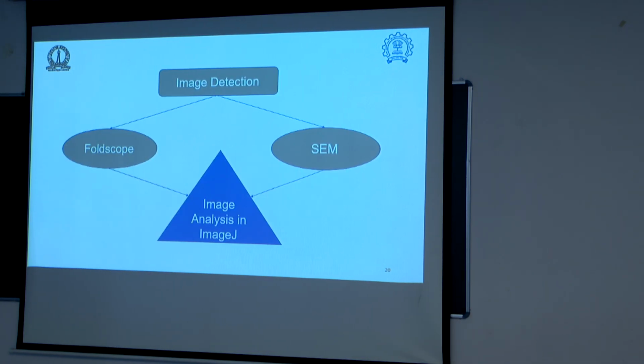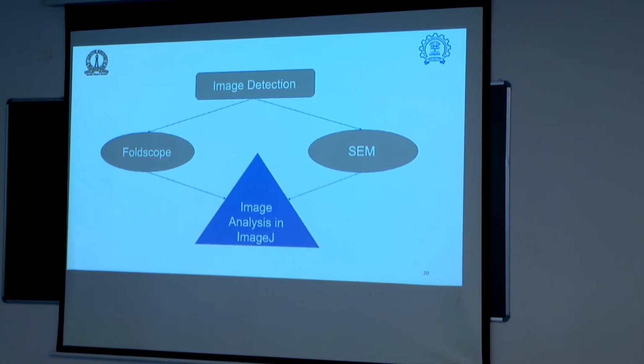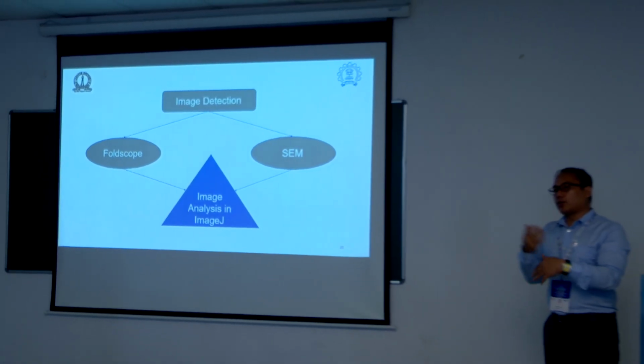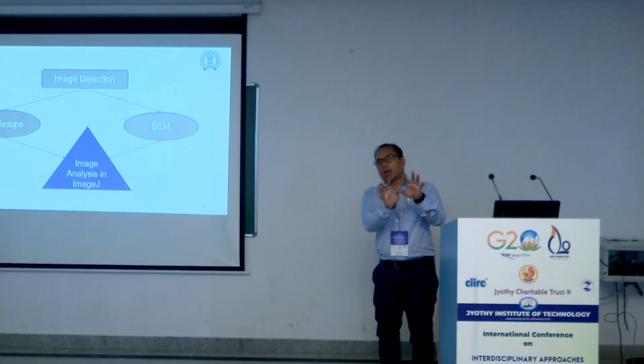Now, after capturing the images using Foldscope and SEM, as I was mentioning, all the images were transferred to image analysis software. You can do the image analysis using Sigma Pro or MATLAB also, if you don't have this image analysis software. ImageJ is an open source Java-based processing and analysis program developed by Wayne Rasband at the National Institute of Health in 1997. So, in order to perform the image analysis operation, captured images were first loaded to ImageJ,